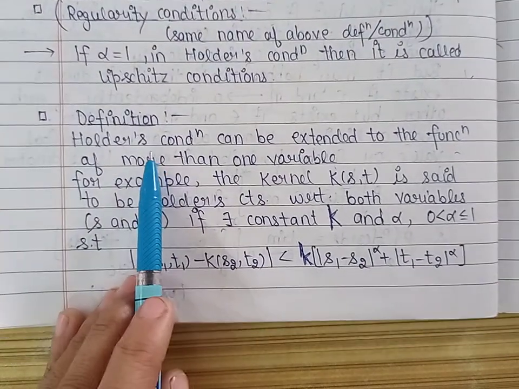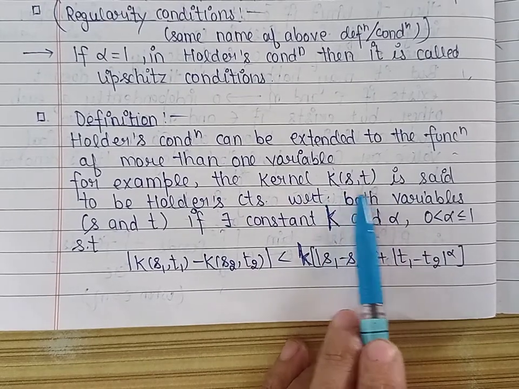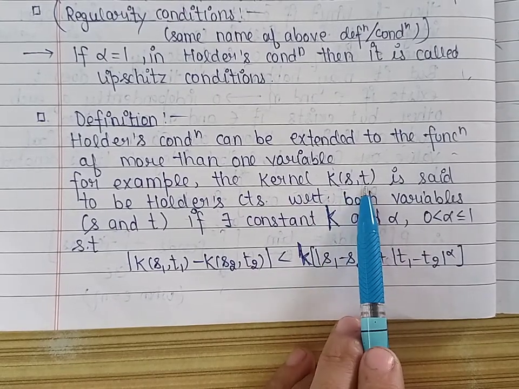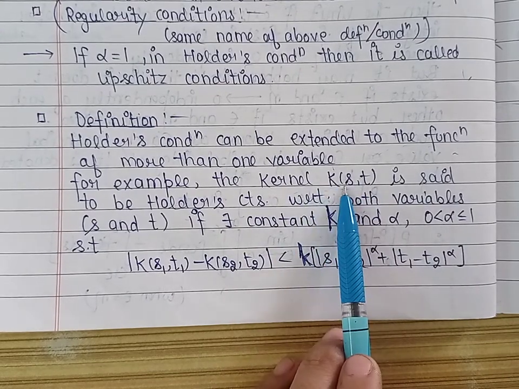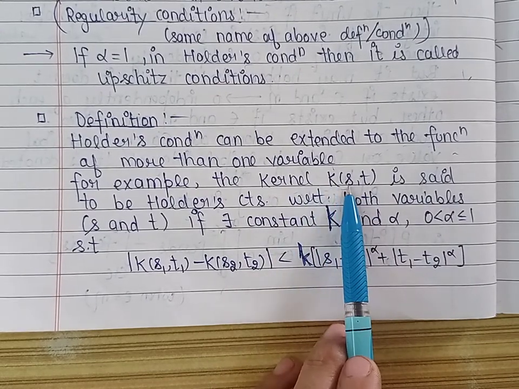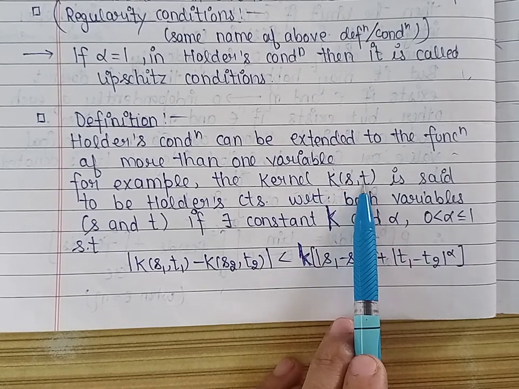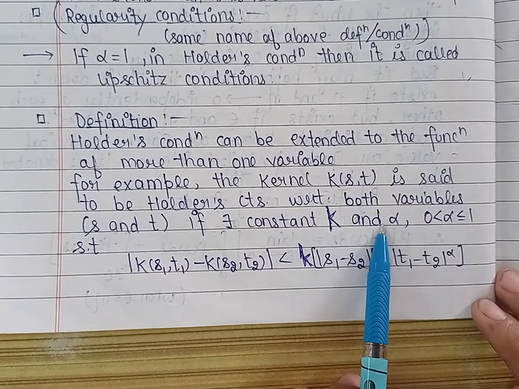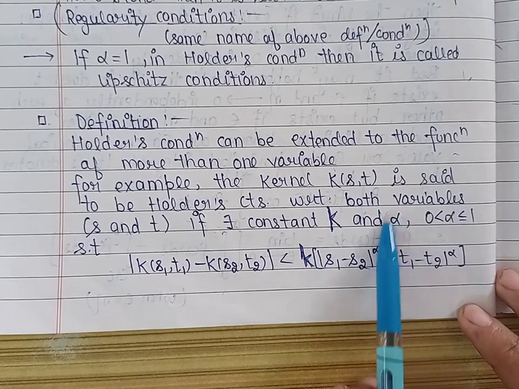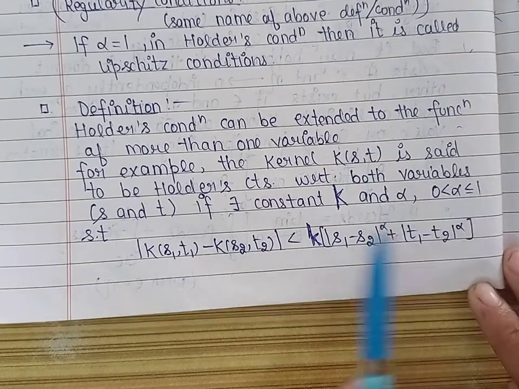For example, if we have the kernel k, the kernel is a function of s and t. Here we are having two variables. We say that this kernel is Holder's continuous with respect to the two variables s and t if there exist constants k and alpha. Here alpha is greater than 0 and less than or equal to 1, such that